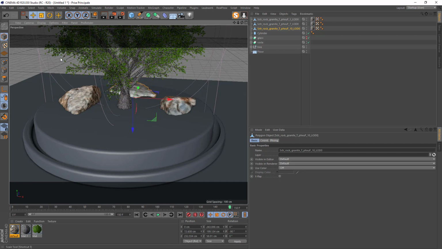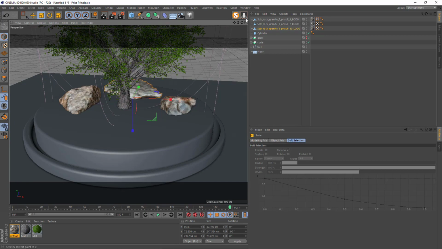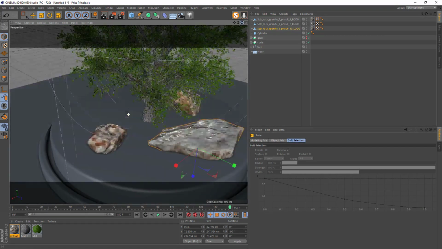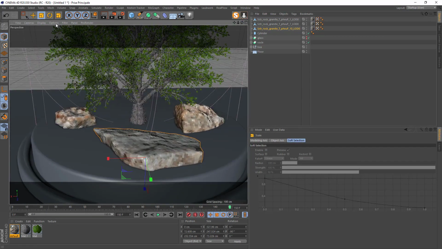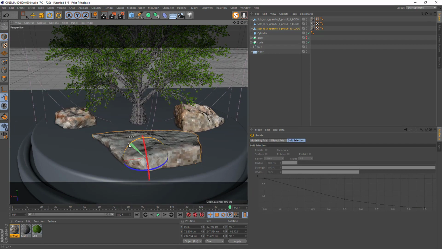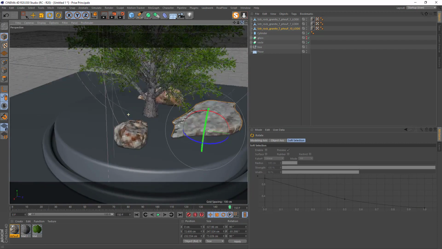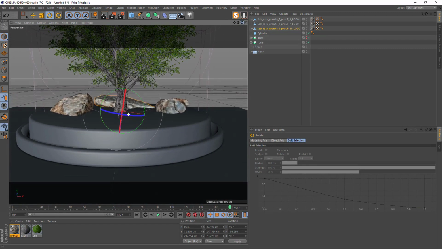Okay, make it maybe bigger. So adjust it the way you want, you can rotate it. Okay, I will keep it like that, it's okay.